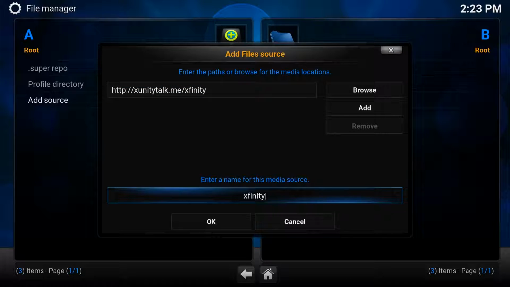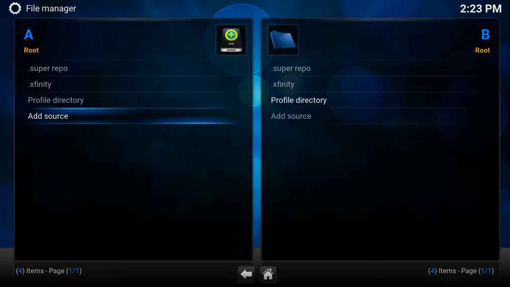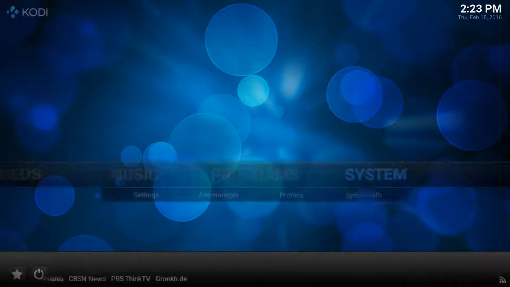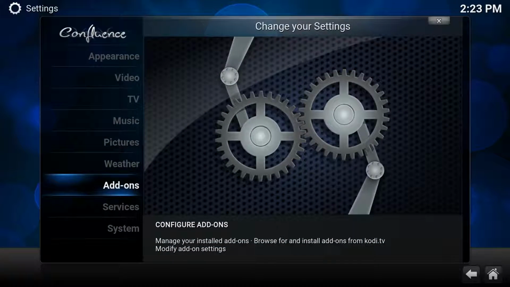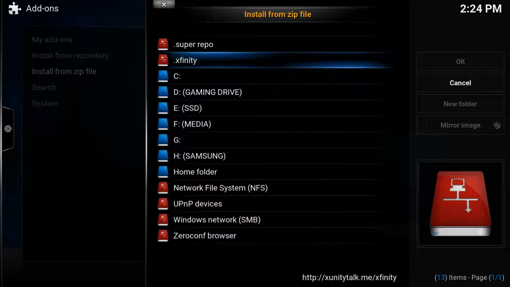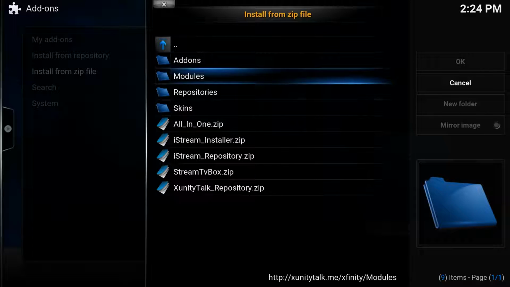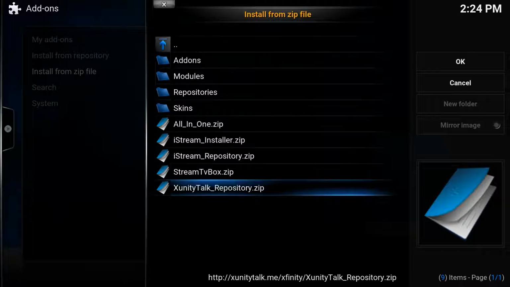As you can see, because it's got a name on there, it's already called it Xfinity, so what I'm going to do is just put that in front of it. I know what it is, and I put a dot there so I know where it's going to be. Press OK, escape out of here, go into system, go into add-ons, install from zip, and if everything's gone tickety-boo, click on here, and as you can see, we are starting to get the hang of it now. More things are starting to kick in.